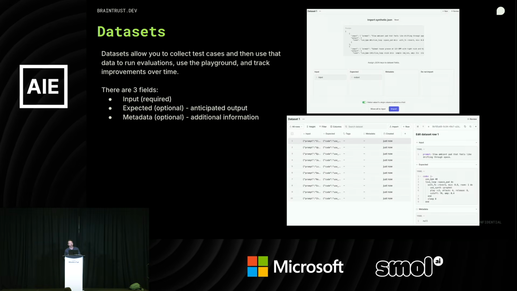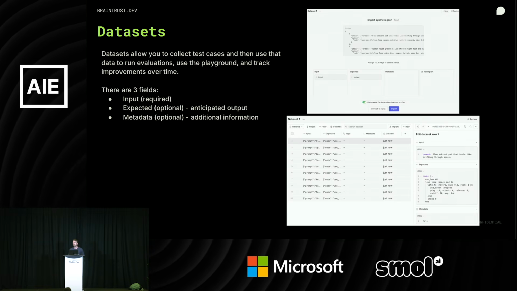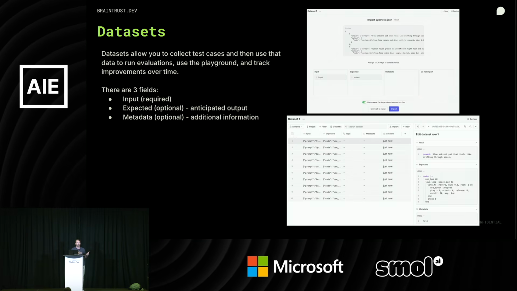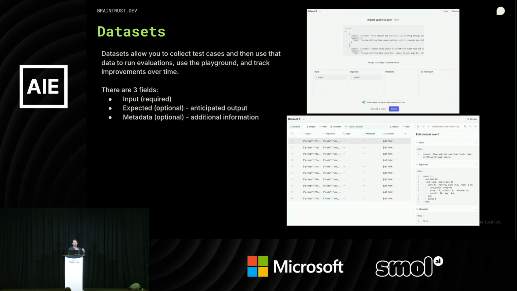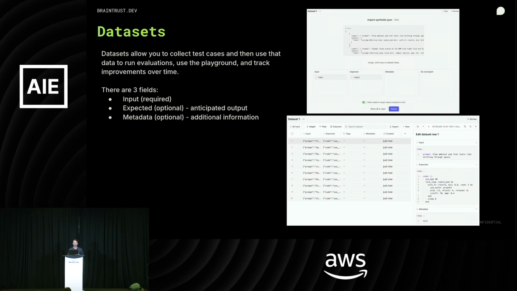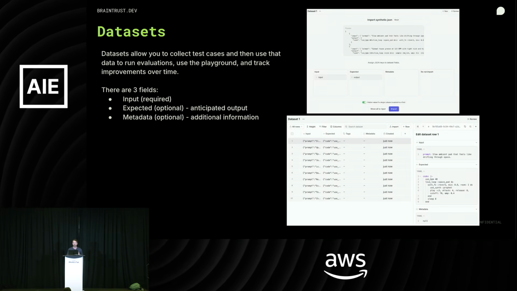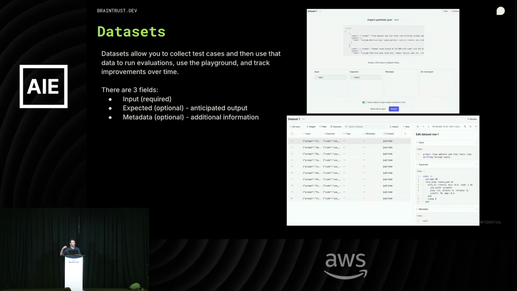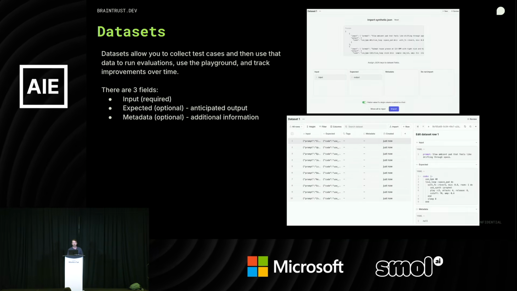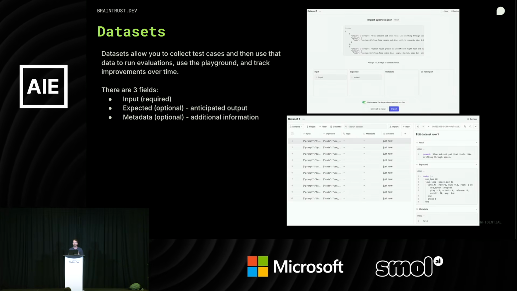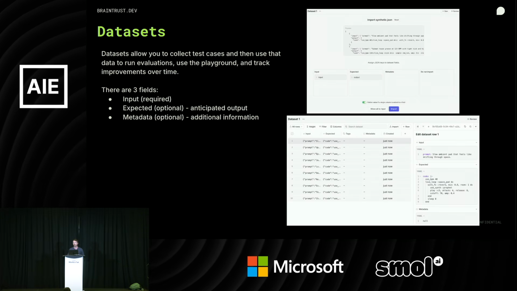The second thing that I talked about is datasets, right? These are our test cases that we want to give to the task to run, so we can iterate over that. We can get the output, and then going down a little bit further, actually score that. But this is obviously really important when we're running our evals, and when we are trying to pull from production, right? The actual logs that are happening, we can add those spans, those traces, to the datasets in a really easy way, and I can show you what that looks like.